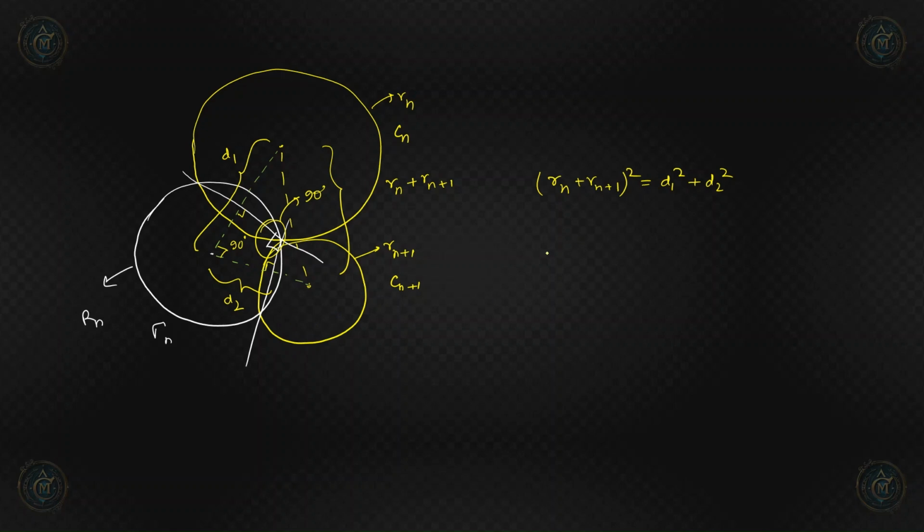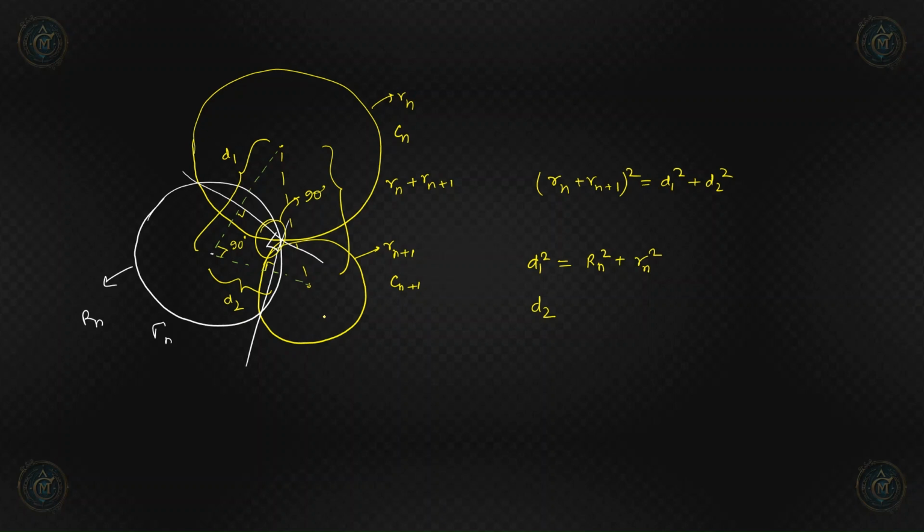So by the orthogonality condition, d1 square must equal capital Rn square plus small rn square, right? And similarly for gamma n and Cn plus 1, these two circles